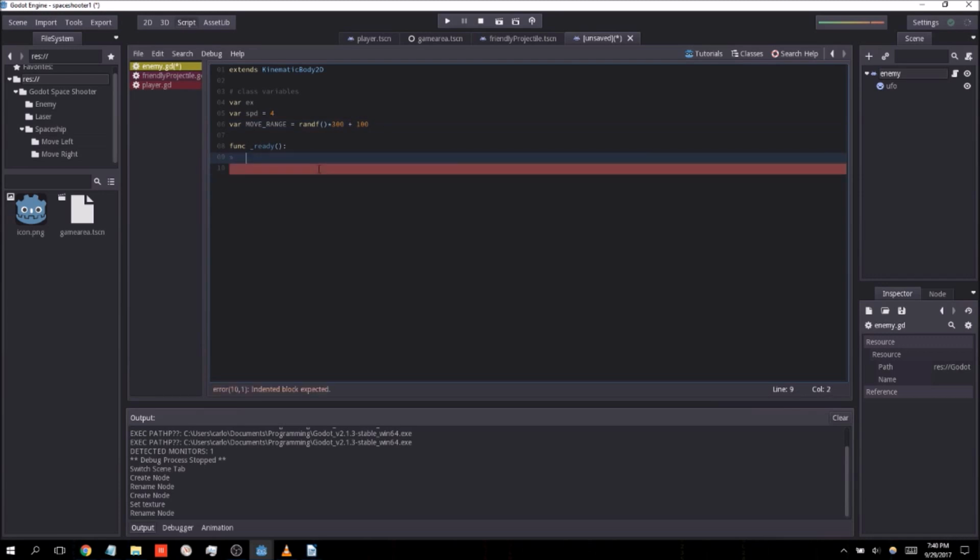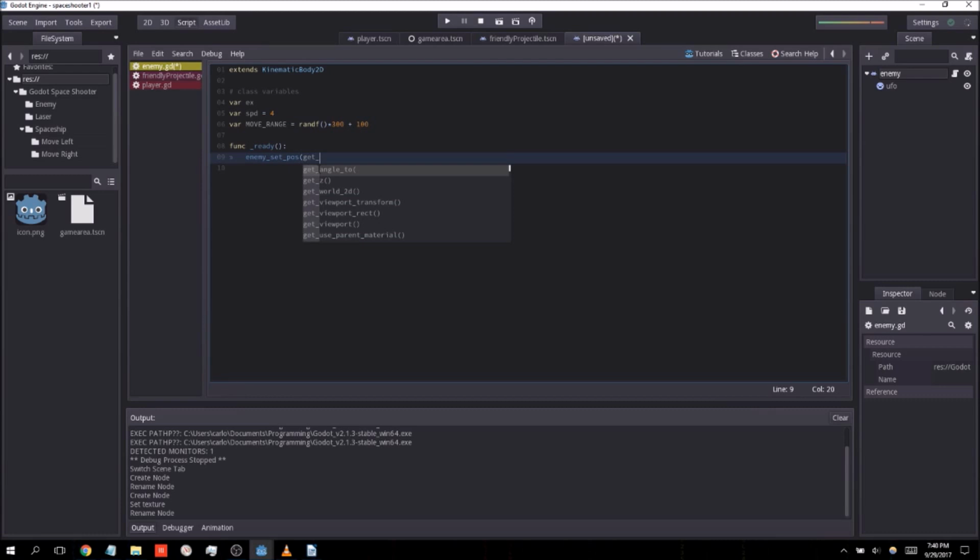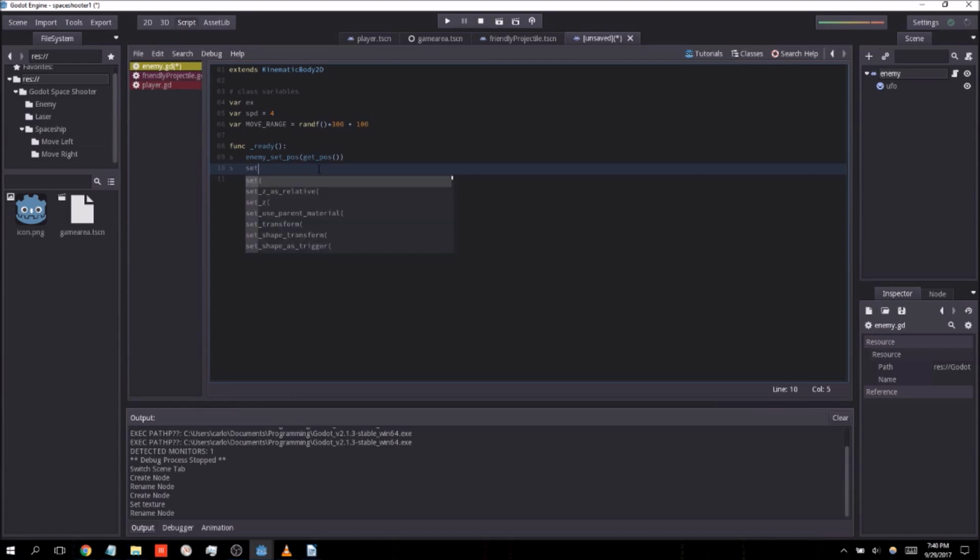All right. So let's go ahead and start here with enemy. We're going to define this function later on, so don't worry too much about it. We're going to do enemy set position, get position. I know, a little redundant, but just bear with me for it. We're going to say set process true,